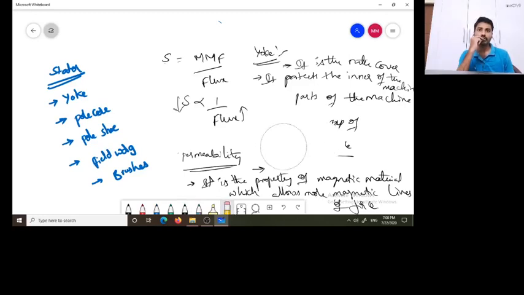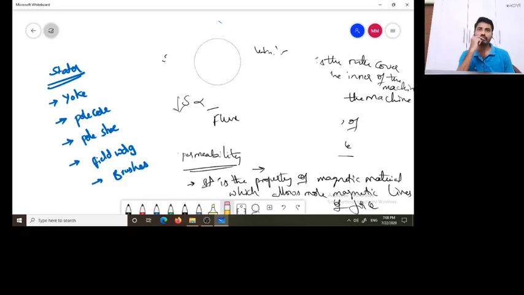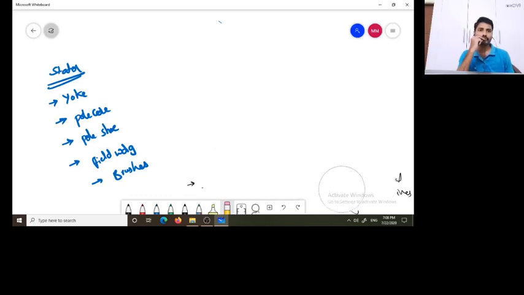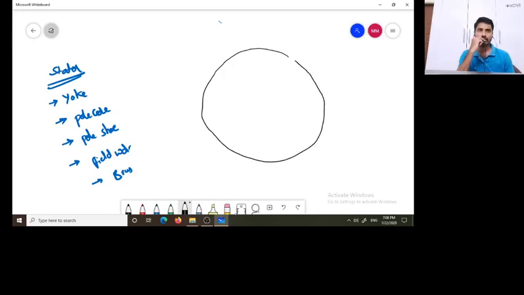Now we'll see another part present in the stator, which is the pole core. To discuss the pole core topic we need to consider the diagram first. We'll see the diagram of a DC generator. So basically I'm drawing on a board, so it doesn't look like a real circle, so adjust for this sake.